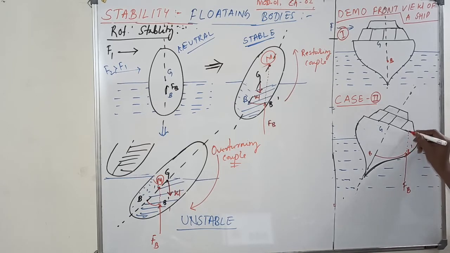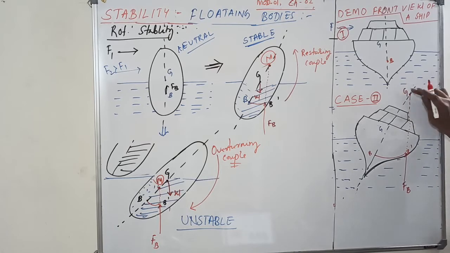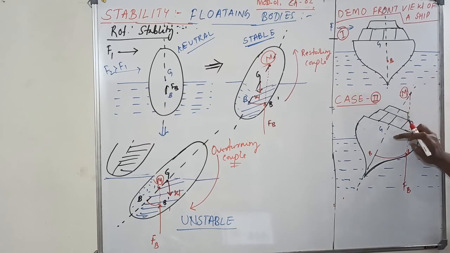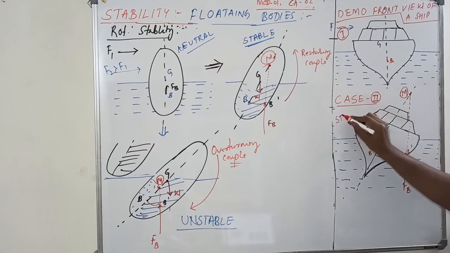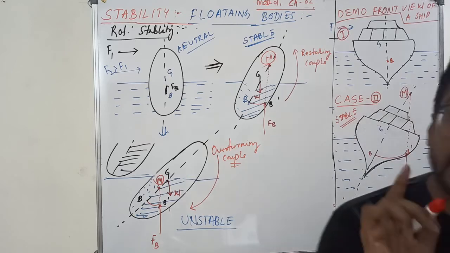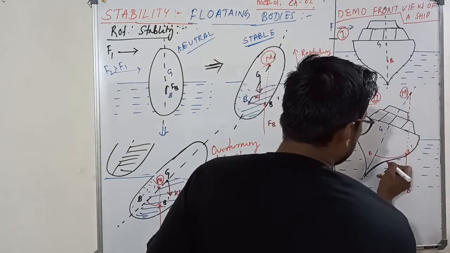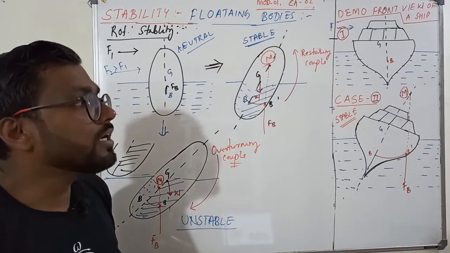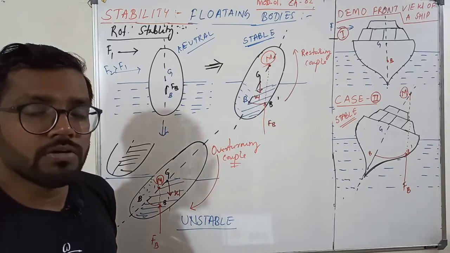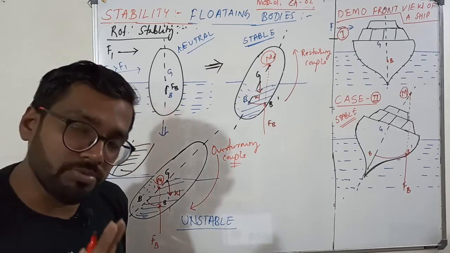So what happens when you meet the force of buoyancy and the center of gravity? It will meet at a point which is known as metacenter. This metacenter is way above the center of gravity or centroid. That means this is a stable condition. So here my ship is stable. If the force of buoyancy will be somewhere here, then the metacenter will become below G, and your centroid will be above metacenter, and the unstable ship is going to sink.